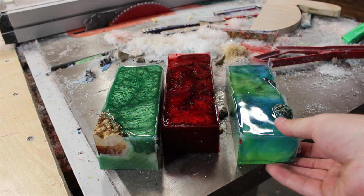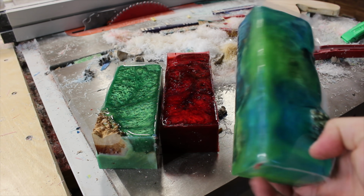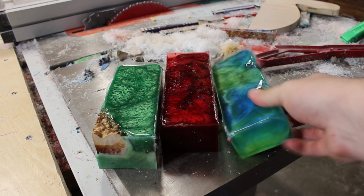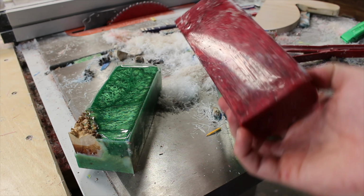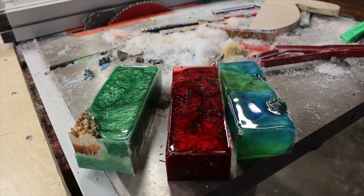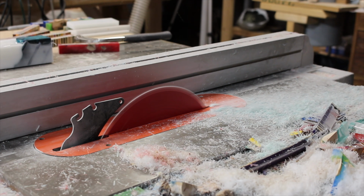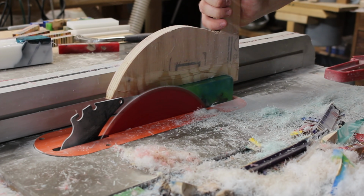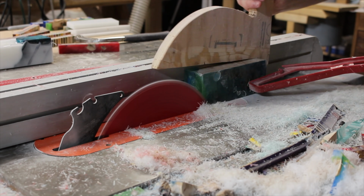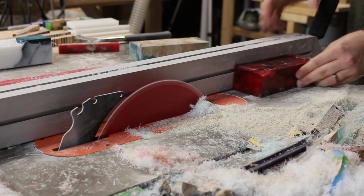So here are the blanks when they're taken out of the pressure pot. These are ready to be used right now if you're using them for yourself, but I always like to clean up the blanks because I'm selling them, and also when I do use them for myself, I want to be able to tell where exactly the wood is, what the depth of the wood is, and just basically be able to look at the blank and know what part I want to use